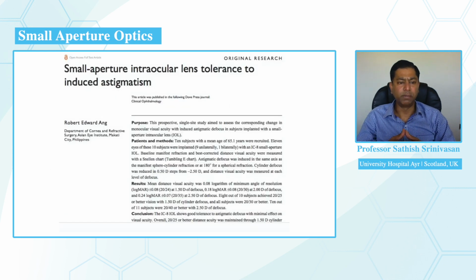And this is the study which was published by Robert Ang from Philippines in Clinical Ophthalmology, showing that the small aperture intraocular lens can tolerate up to 1.5 diopters of pre-existing corneal astigmatism. So in other words, these patients do not require a toric intraocular lens if they have a pre-existing corneal astigmatism of up to 1.5 diopters. This could be corrected by just using an IC8 intraocular lens, where this pinhole technology can correct this pre-existing corneal